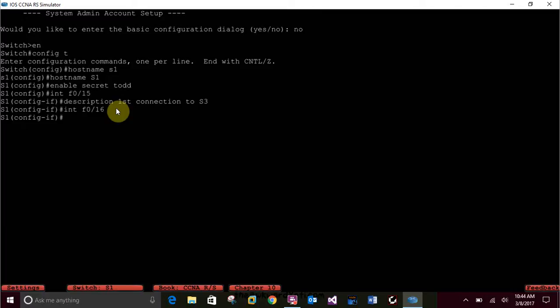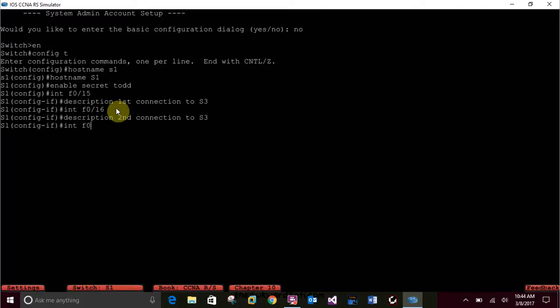And in the book, this is for description. Second connection to S3,